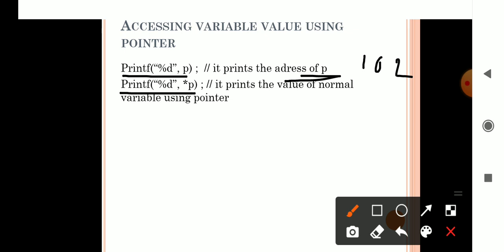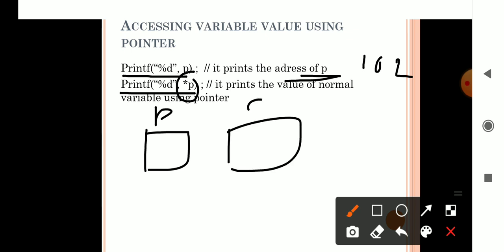So here we can access the normal variable value by using the pointer. This is done by using *p. Actually, for P and A, this one is address 100, this one address is 102.